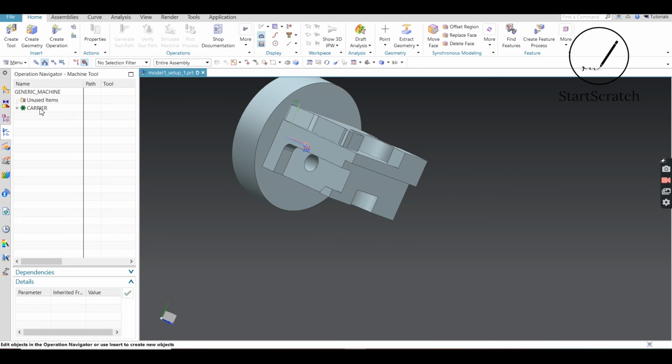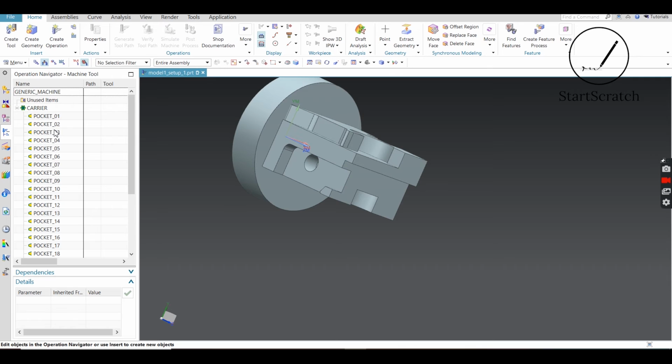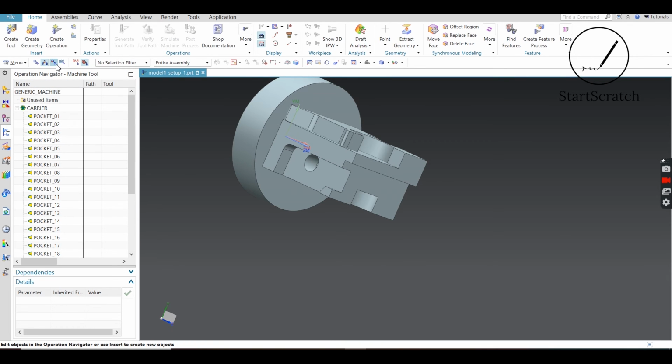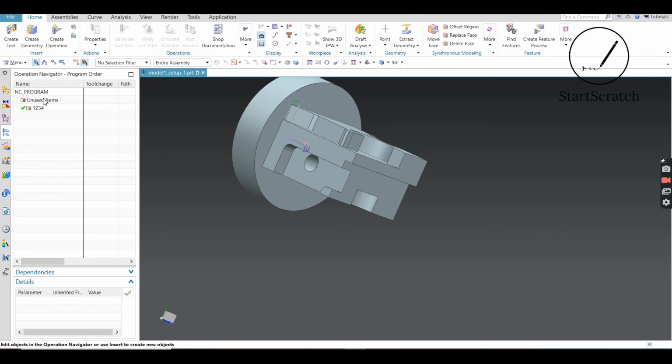We can create the machine tools. For example, for achieving this reference, we have to use various tools. There are pockets provided on the machine tools. These are various pockets which can hold the tools. We can create a tool using this tab. A variety of tools are available here according to our desired operation. This geometry is done.